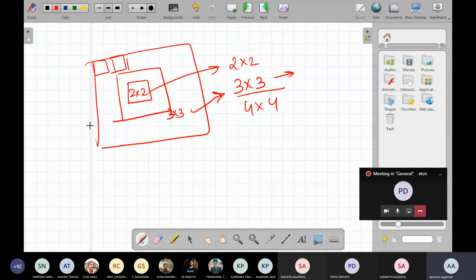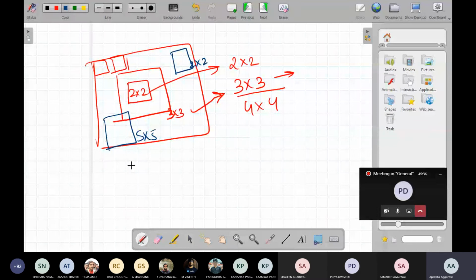So the idea is, if my image has, let's say, one object of 5 cross 5, one object of 3 cross 3, and one object of 2 cross 2 size. In real-world scenarios we have multiple objects, and the size of every object is different. So we want to identify the maximum number of objects, basically all the objects in the image, using our algorithm. For that we have to change our filter size according to the size of objects. Now we don't know the size of the object, so we have to run our algorithm for all the filter sizes possible, right?